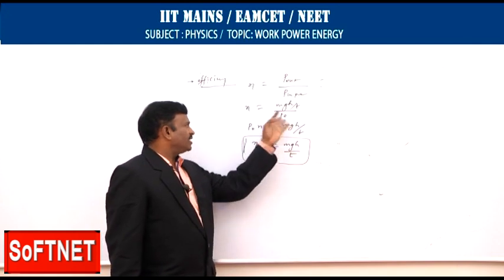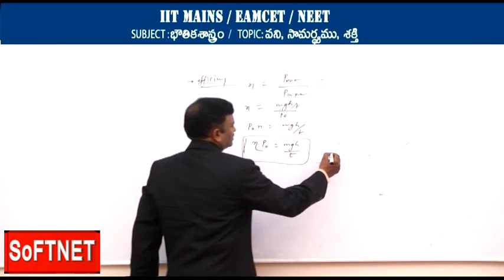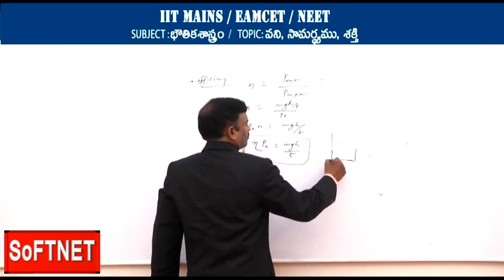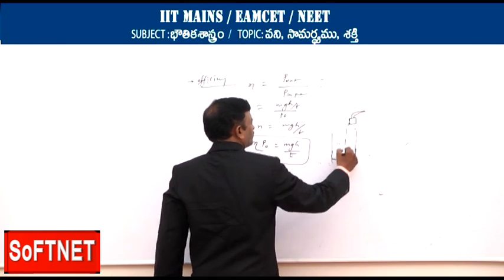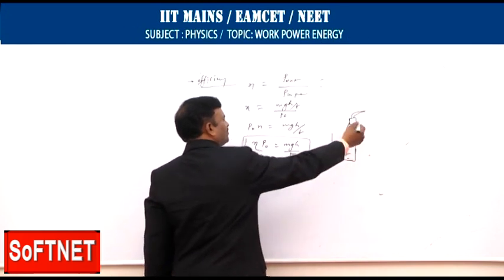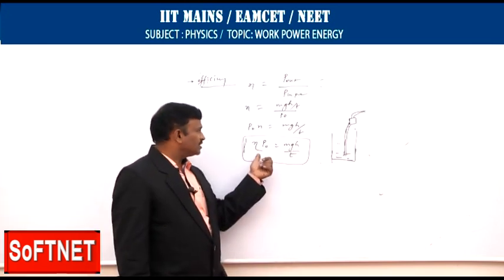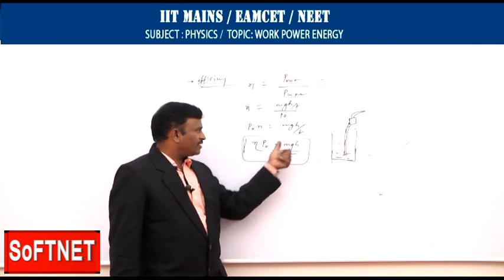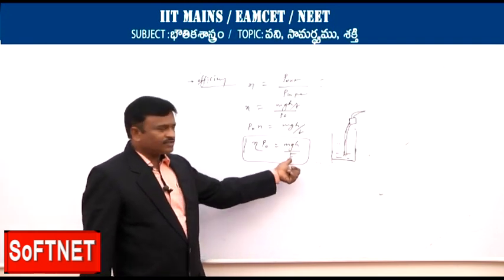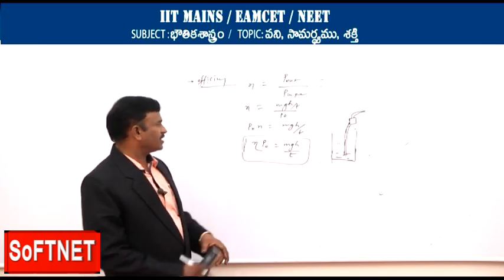Here the amount of energy is spent to lift. Assume that there is water in a well, and there is a pump pumping the water from the well. That time, the efficiency of the engine of the electrical pump is output power by input power. Actual power is P naught, and output power is mgh by T. Work is being performed over here. Eta is efficiency. Then efficiency can be calculated.